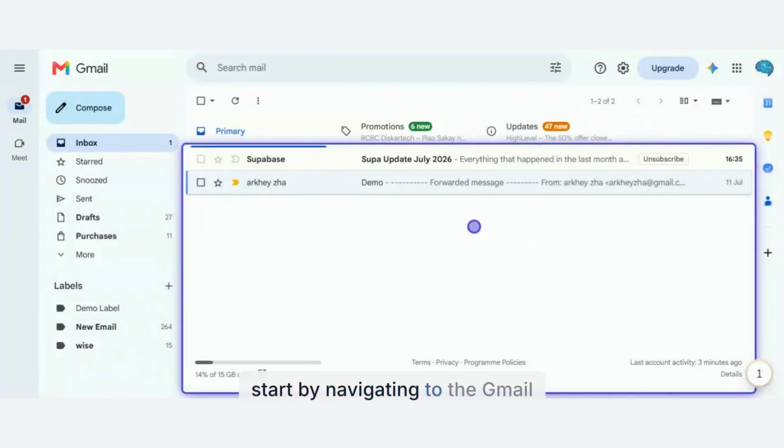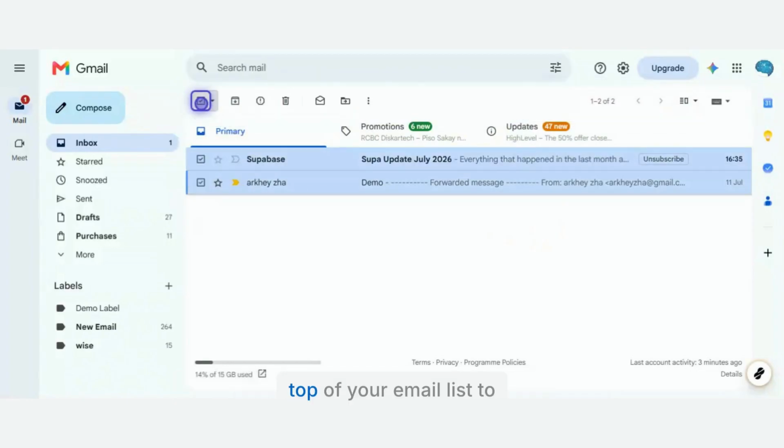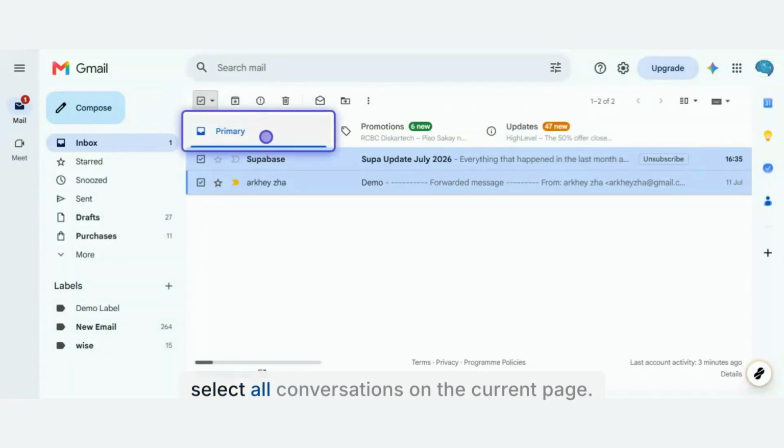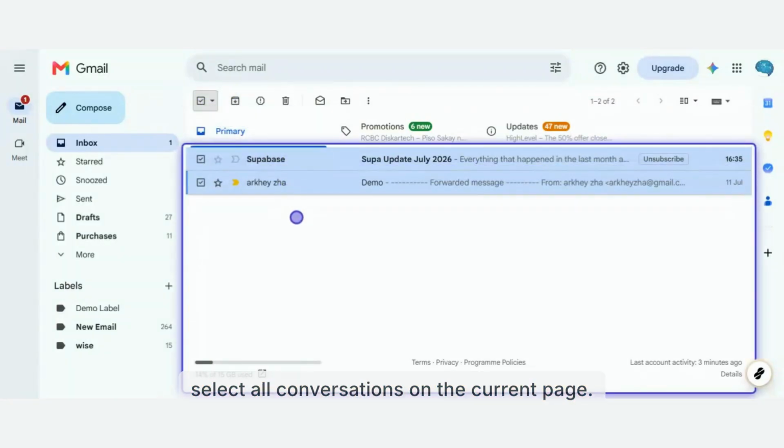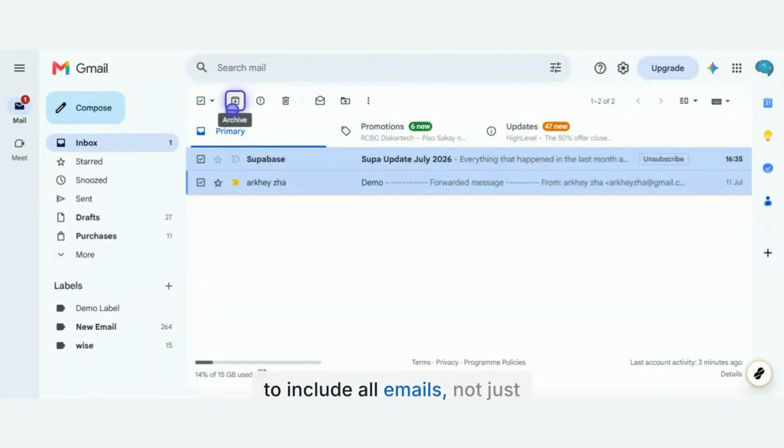Start by navigating to the Gmail homepage, where you'll see your inbox. First, click this Select checkbox at the top of your email list to select all conversations on the current page. Then, if you see the option, click Select All Conversations in Inbox to include all emails, not just the ones